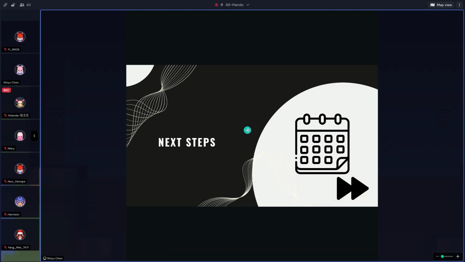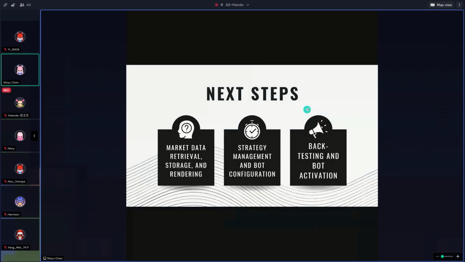So we come to the end of this section. Our next steps: we will focus on developing the following key features, such as market data integration. We will establish connections with the virtual currencies market, enabling the retrieval, secure storage, and real-time rendering of market